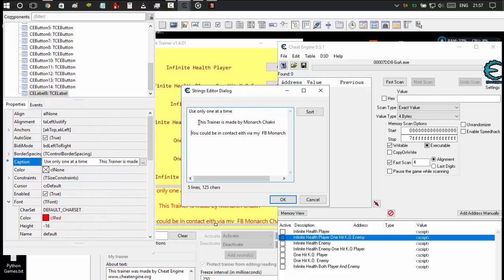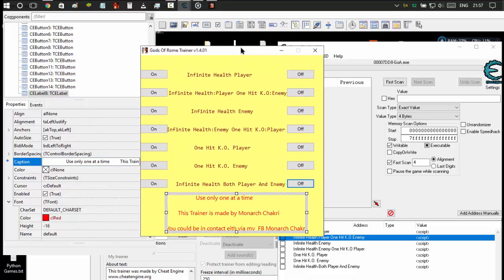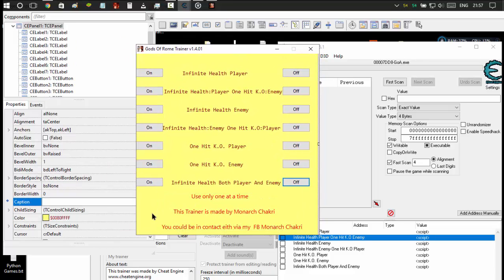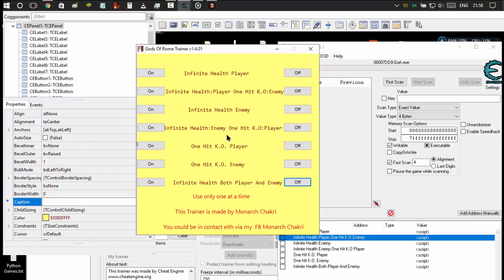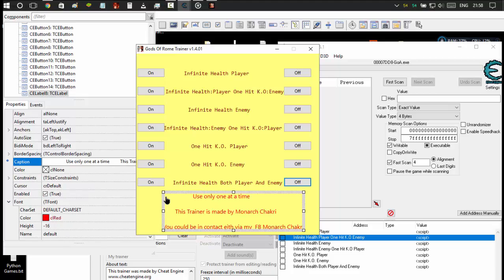We are going to edit it a bit to make it look a bit nicer. And designing your own trainer depends on you. So I think this is looking nice. So our designer part has been completed, and now we are going to go into the part of